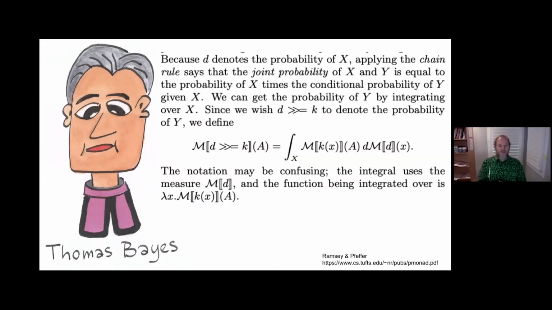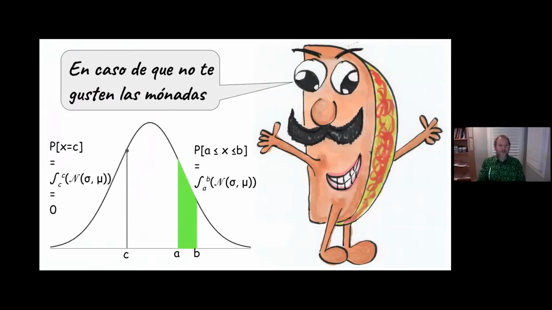And if you look at the bind of this monad, it has this big integral in here. And if you look at this paper, it even says not only is this integral confusing, but the notation is also confusing. Now I know that there are probably people, even now in the Haskell community, who don't like monads anymore. It's algebraic effects and applicatives and whatever. So in case you don't like monads,